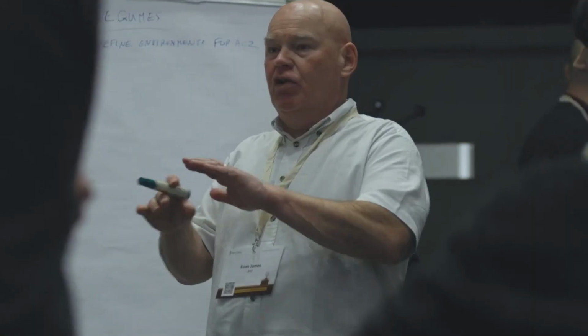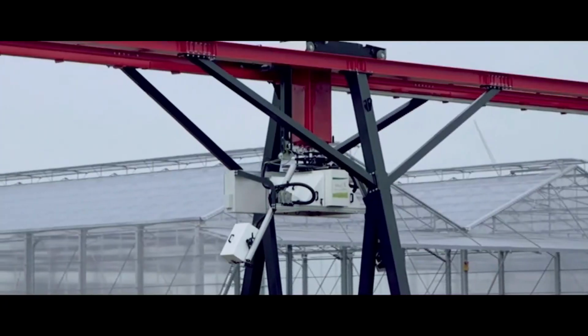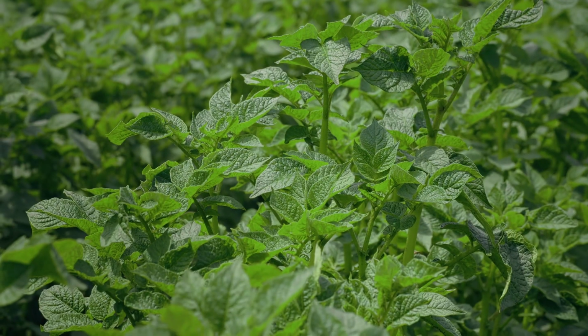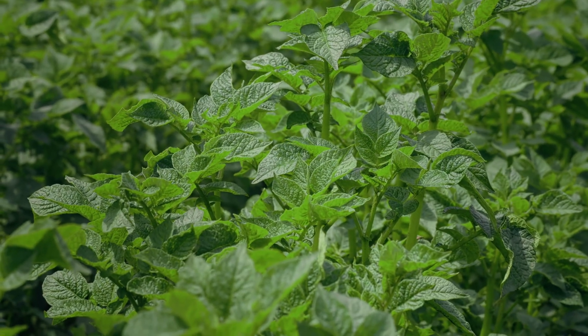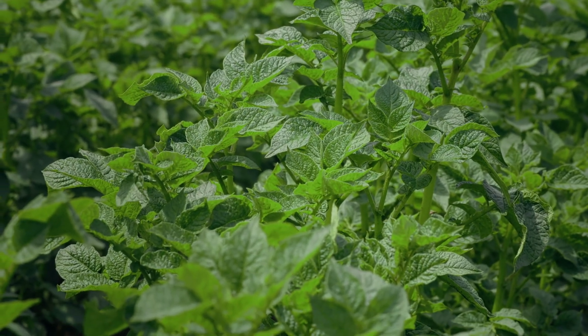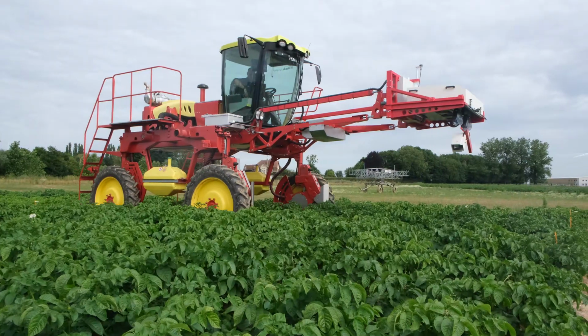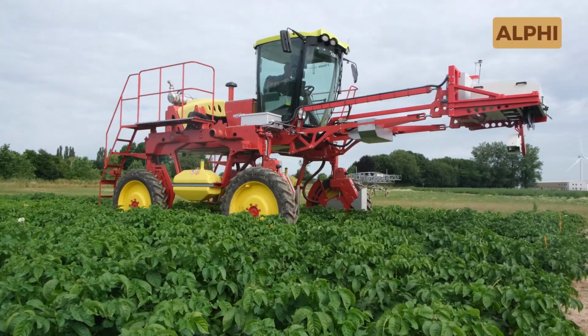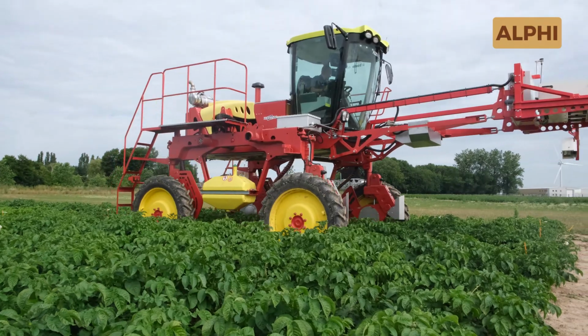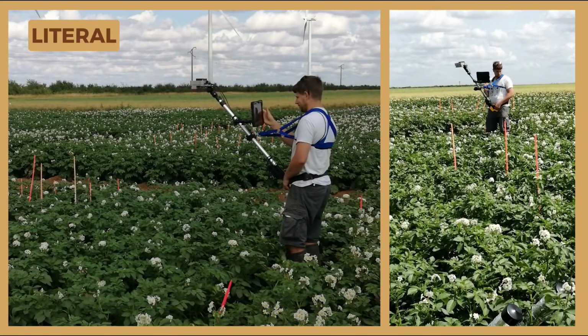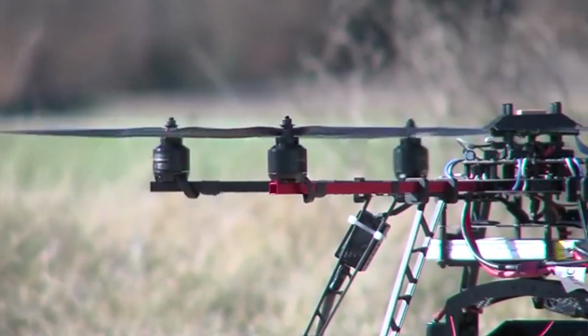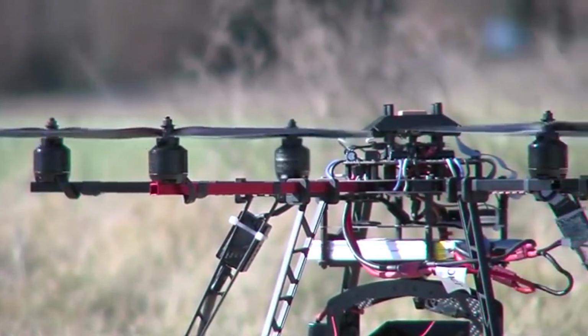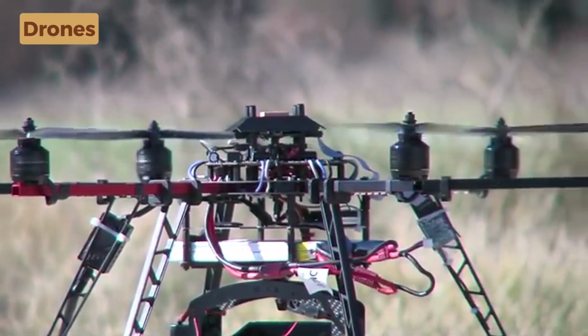As part of the Root to Res project, we are also seeking to determine proxies between above-ground and underground development using sensors to speed up and multiply reference acquisition in the field. To do this, we have a wide range of sensors, such as the ALFI system and the Literal stick, which enable us to acquire data as close to the crop as possible, as well as more global measurements, such as those taken with drones.